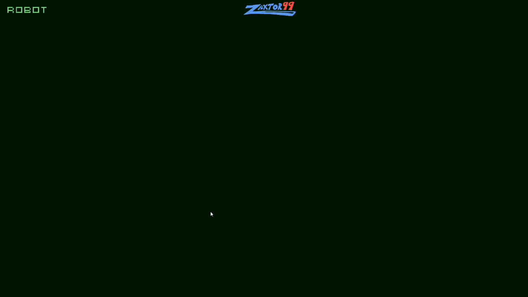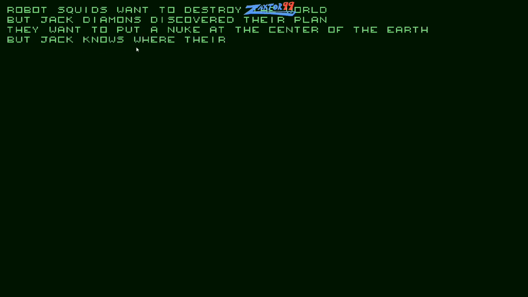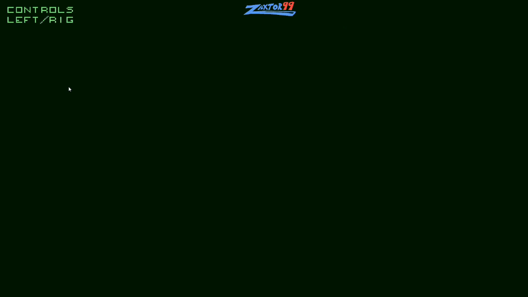So if we look at Space Base here, guys, robot squids want to destroy the world, but Jack Diamond's discovered their plan. That's not spelled correctly. They want to put a nuke at the center of the Earth, but Jack knows where their base is. Your mission is to fly Jack's ship inside Squid's base, destroy them all, and defeat the big squid boss. Okay, so